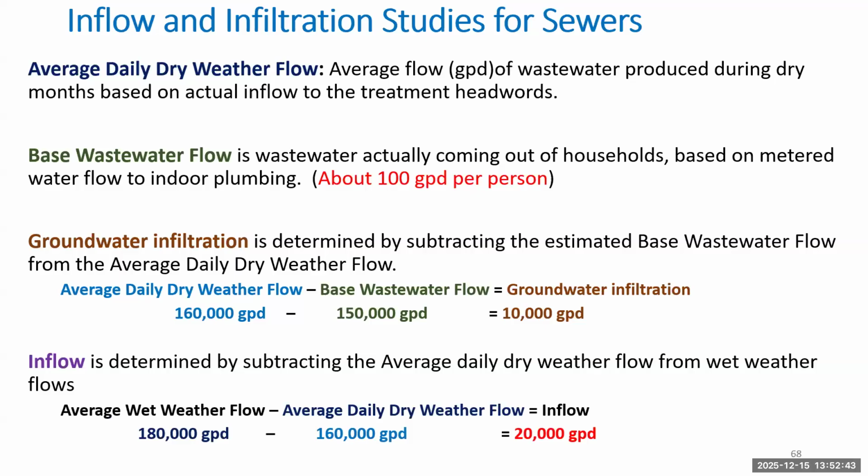Now, if you could inspect the system and find sources of inflow and sources of infiltration and repair those, in this case, you'd be saving 30,000 gallons per day of rainwater and groundwater that's being pumped and sent to the treatment plant. So that represents a lot of pumping and electrical use, and it also can upset downstream operations such as treatment. So that's basically the process.